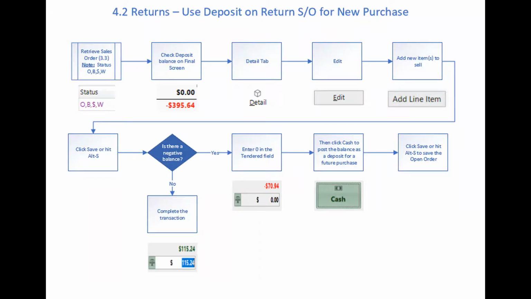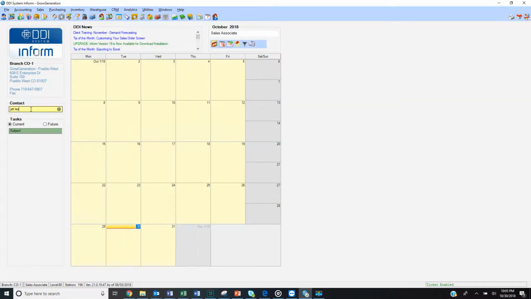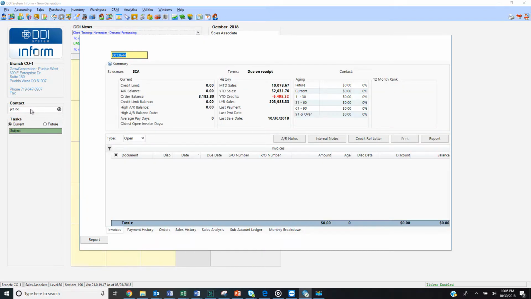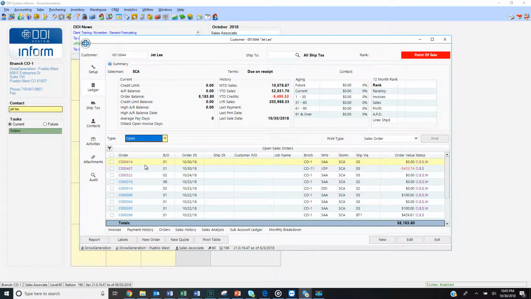Now let's see how to use that deposit to pick up some new product. First, we'll want to look up the customer's return order. From the customer ledger, go to the Orders tab and locate the customer's order. The status of an order with a return credit on it will be open, back ordered, a point of sale customer with a deposit. Open the order